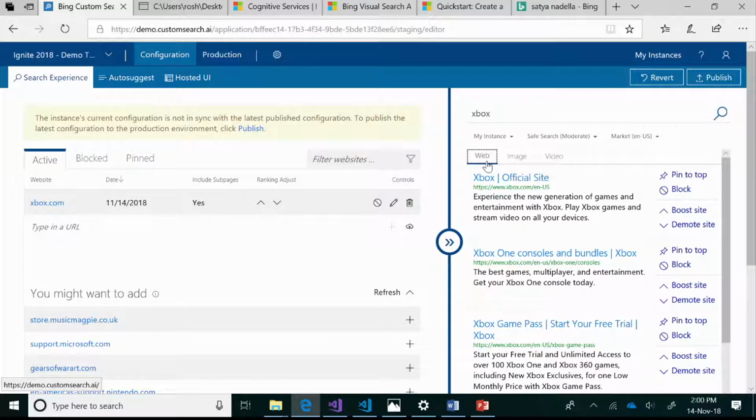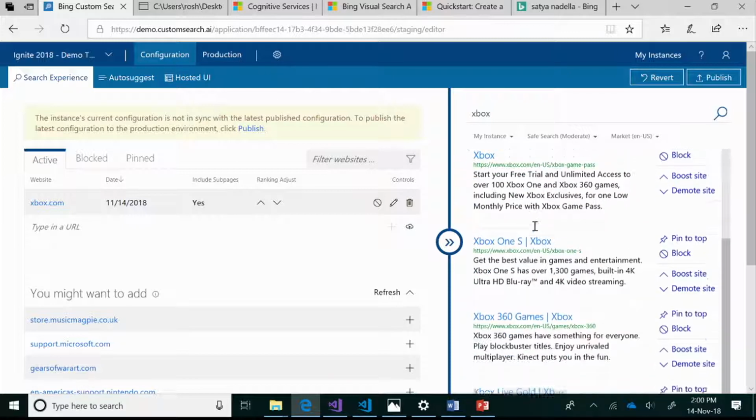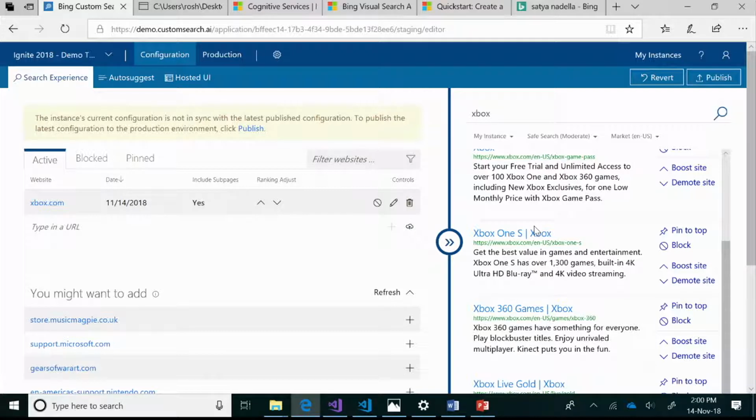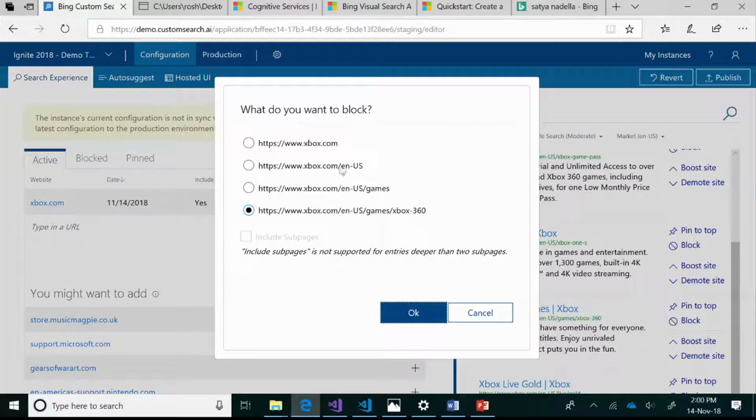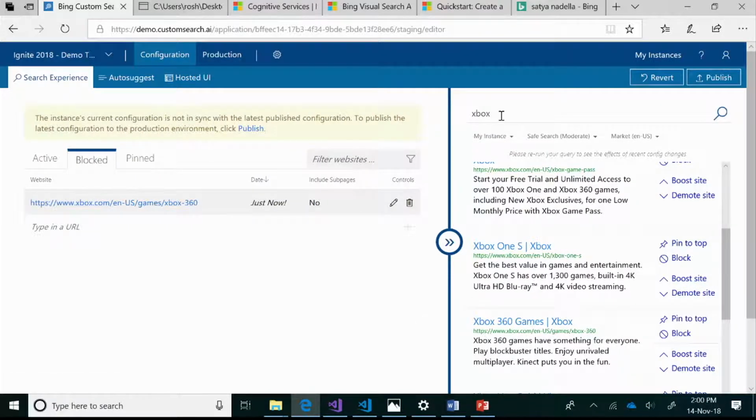We provide a lot of extra capabilities on top of it to give you more control. How do you want to show the search experience on your website? A quick example would be, let's say you want to block a certain web page. Let's say Xbox 360 is an old one. We have new consoles coming out now. So I will block this one. It will ask me, do you want to block the full Xbox domain or a specific path? I will say, no, I want to block the Xbox 360 path. So when I press this, and if I search again,